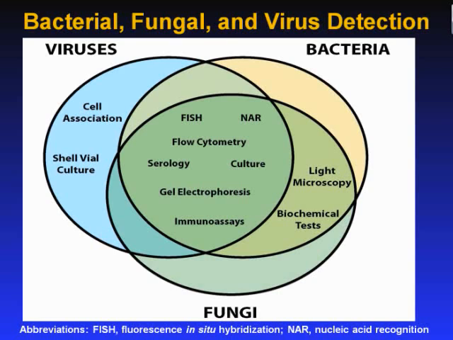This Venn diagram illustrates available diagnostic testing methods for bacterial, fungal, and viral infections. The left blue circle represents viral testing methods. The right yellow circle represents bacterial testing methods, while the bottom green circle represents fungal testing methods. Each overlapping section represents diagnostic testing methods available for detecting all three types of pathogens, or any combination of the